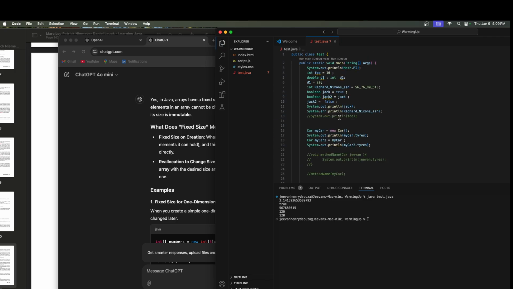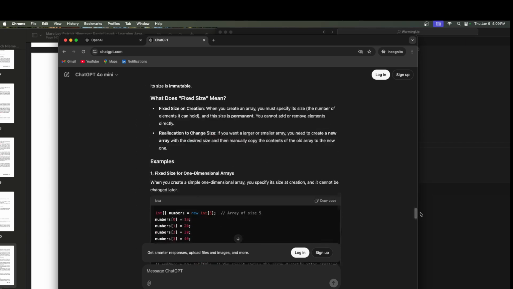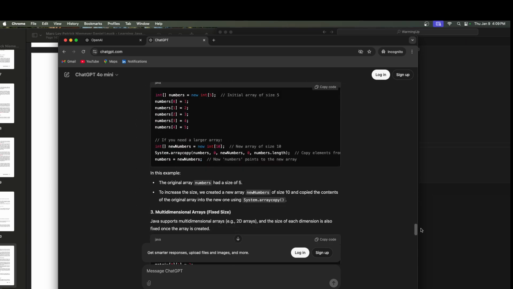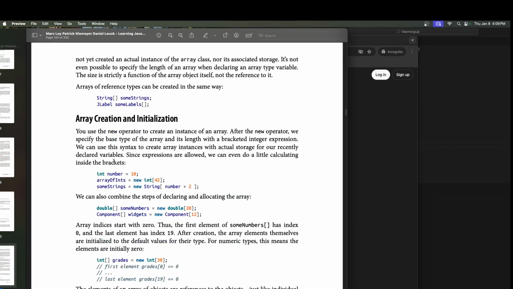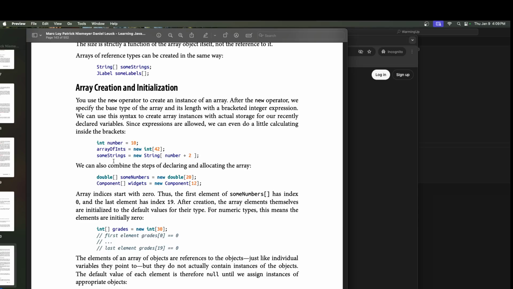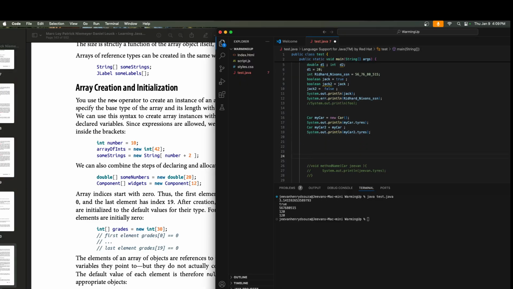Now once we come here, this is array creation. You use the new operator to create an instance of an array. After the new operator, we specify the base type of the array and its length with a bracketed integer expression. You can use this syntax to create array instances with actual storage for a recently declared variable. Inside the brackets we will be doing some kind of expression. So the way to create an array is, first you mention